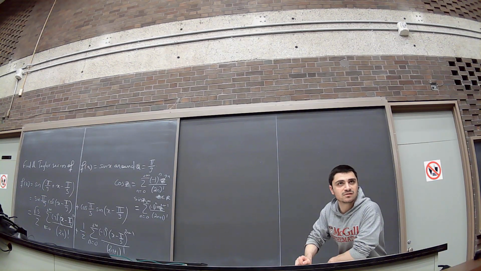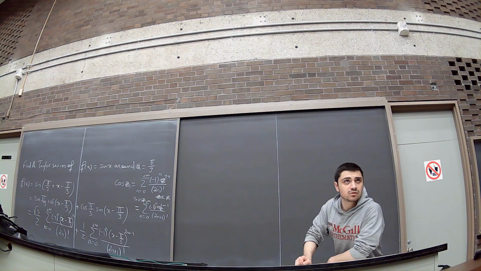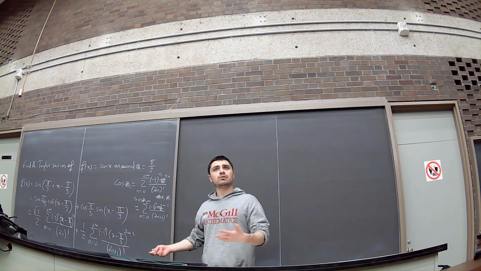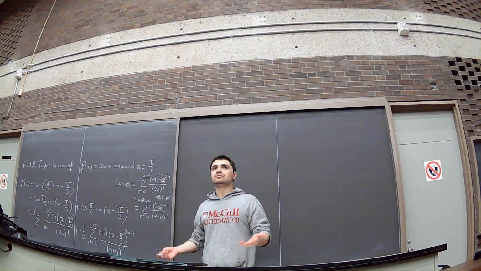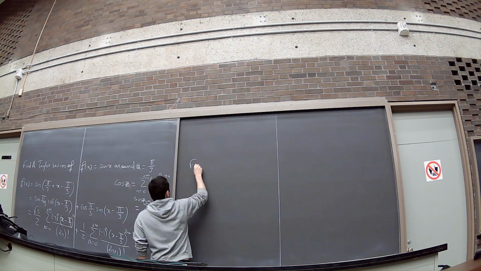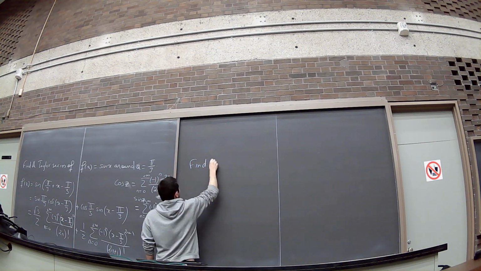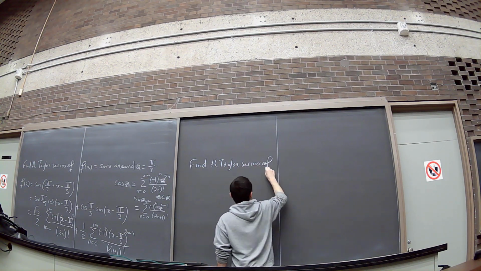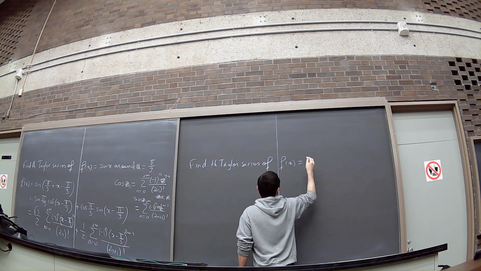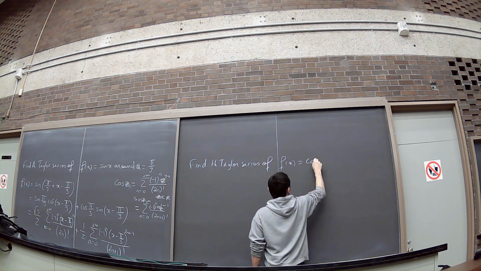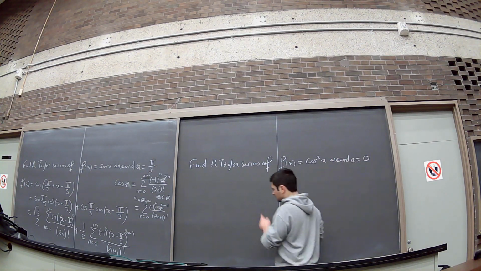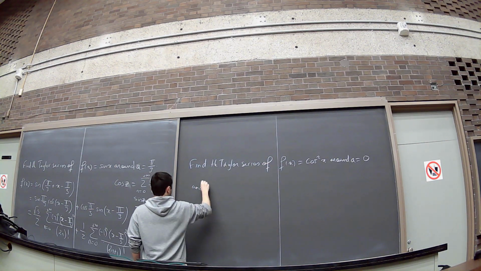We did sine squared x yesterday, right? So let's redo sine squared x and do cos squared x at the same time. Which one do you want to do? Or both? Well, find the Taylor series of f of x equal, let's say, cos squared x around a equals 0, and find